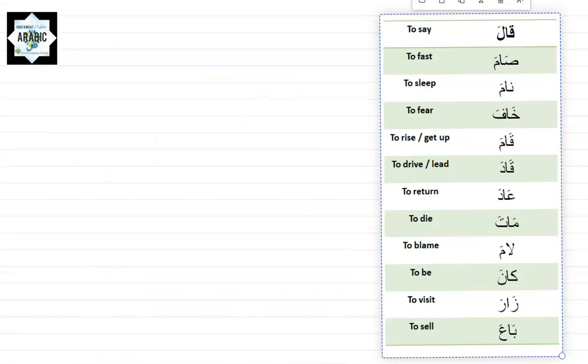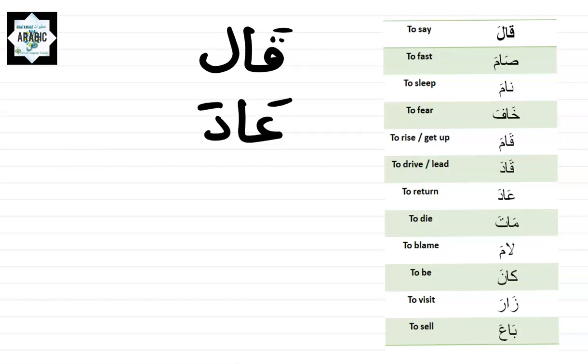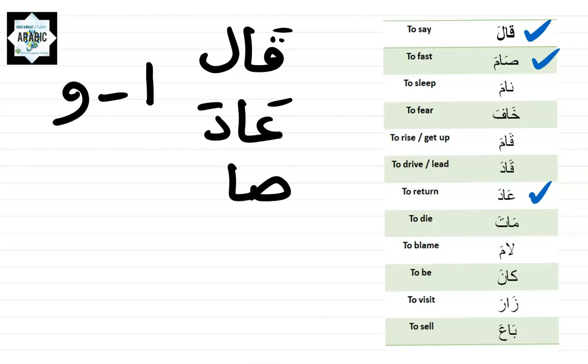After I conjugate those verbs, I can go back to my chart and determine which ones rhyme with قال. So I'll write قال over here, and we used عاد. When I say rhyming, I mean that the alif changed to waaw in the present tense. So قال and عاد, to return, but we also have صام, and it rhymes with it, because once we say I fast or you fast in the present tense, it would be